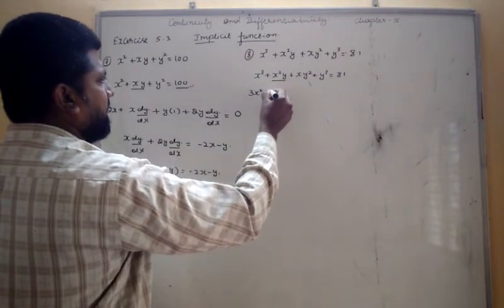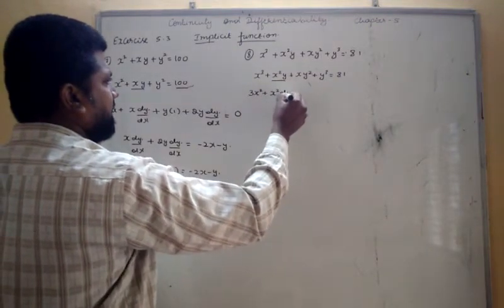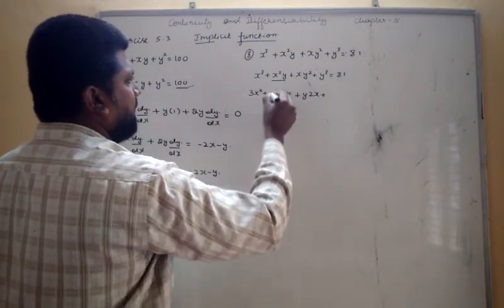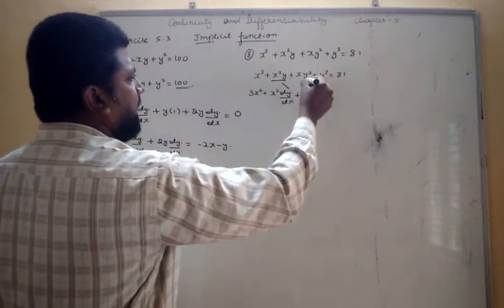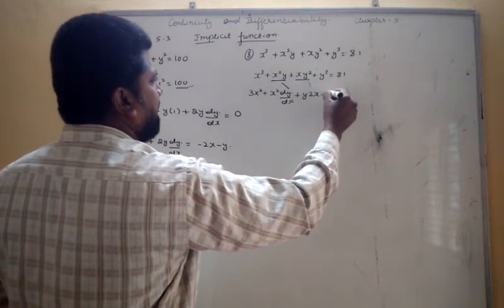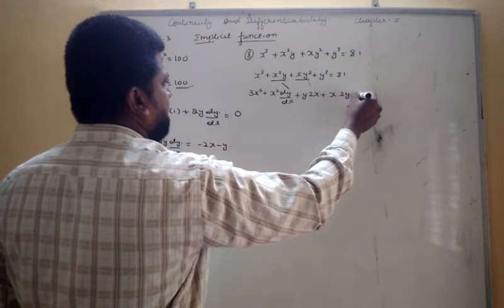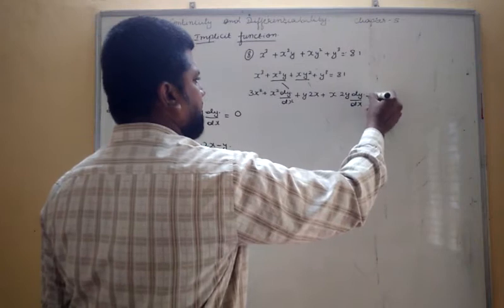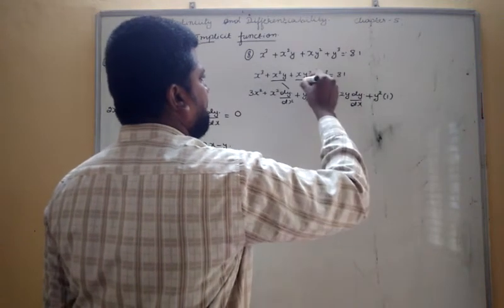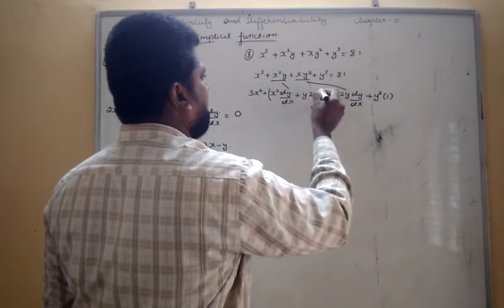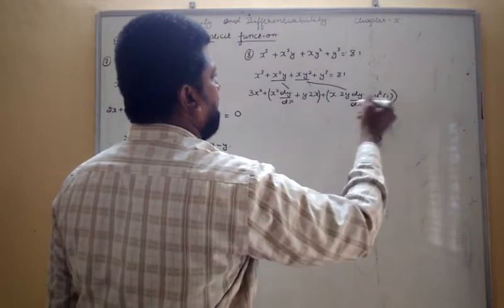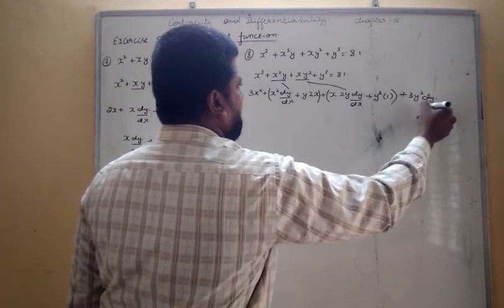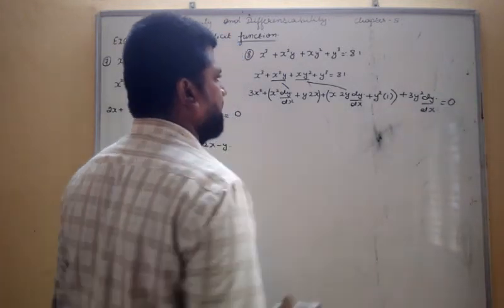Apply the product rule here: first function times differentiation of second function plus second function times differentiation of first function. So you have applied the product rule here. Again apply the product rule in this: first function times differentiation of second function. Y is there, so we have to write dy/dx. Again second function times differentiation of first function. So I applied the product rule here, one for this term and one for this term. Then y³ means 3y² dy/dx, then 81 is a constant, so it is 0.